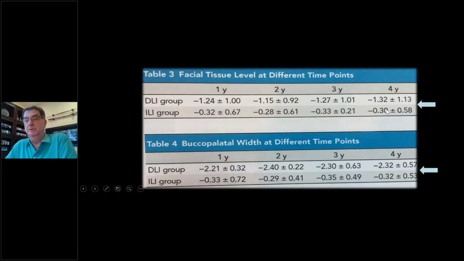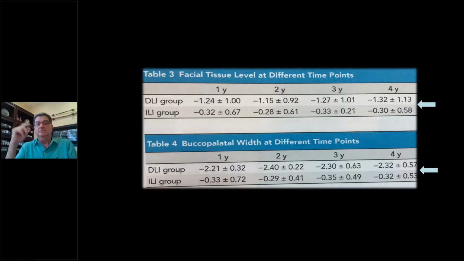That's a big difference of a millimeter. It's a big time. That's the vertical height. But look at this. This is buccolingual. The bottom part of the graph is buccolingual at 4 years. The delayed group, 2.3 millimeters, whereas the immediate temporization group, like I just showed you, 0.3. 2 millimeters buccolingual change. That's a lot. But you never really quite push it out to the fullest extent. If you let it collapse in, even if it's healthy, then you've got to squeeze it out. It takes a lot of time, work, and money at the chair.